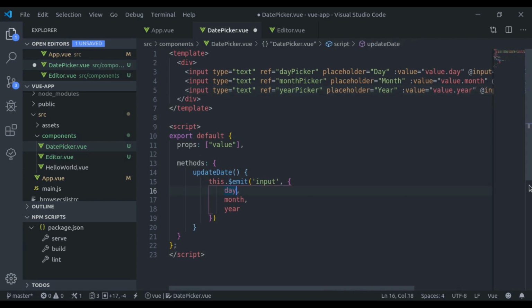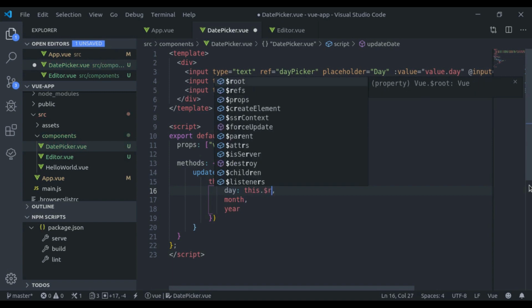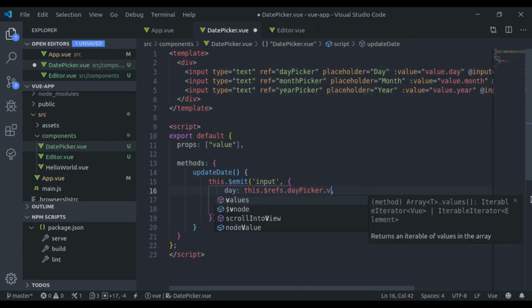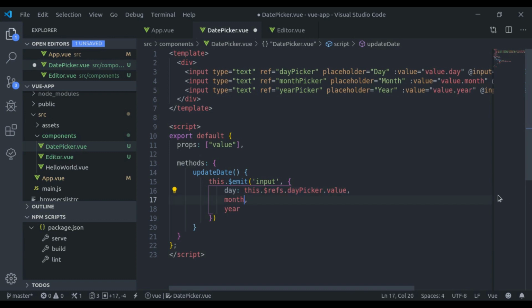Next here we'll say day is equal to this.$refs.dayPicker.value. Same thing here. Here would be month picker, and here